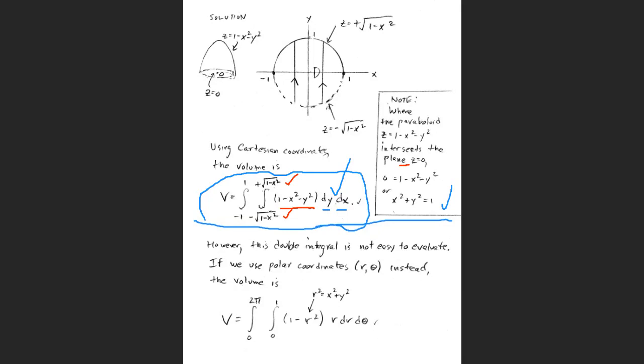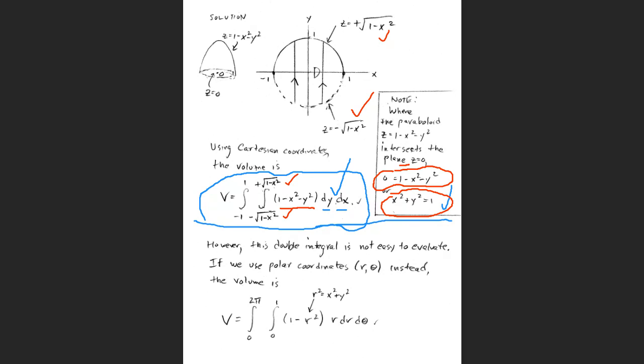So intuitively, we know that the intersection is a circle between the paraboloid and the plane. And we also know that where the paraboloid and the plane intersect, both equations have to be true, meaning 0 is equal to 1 minus x squared minus y squared, which means that x squared plus y squared equals 1. Now we know the limits based on the picture, and we know this double integral is